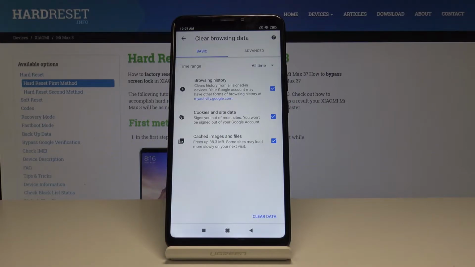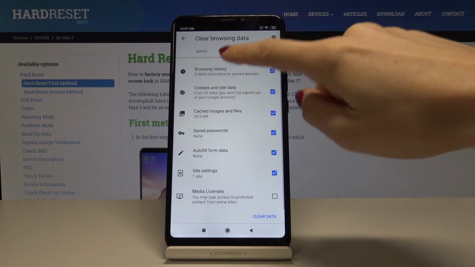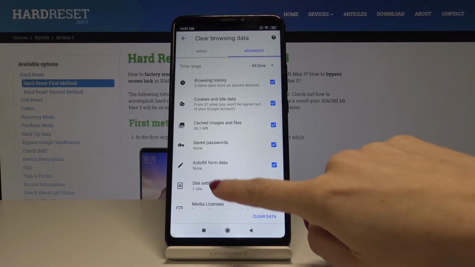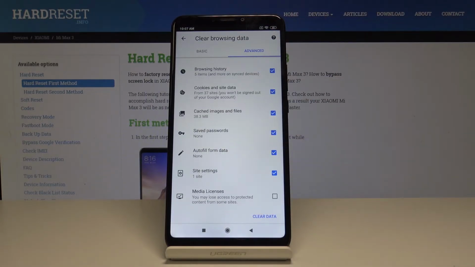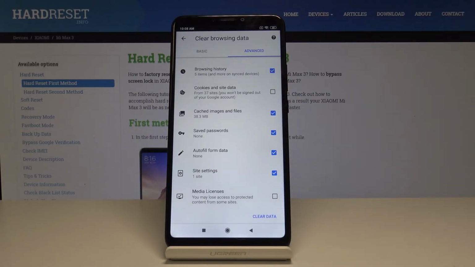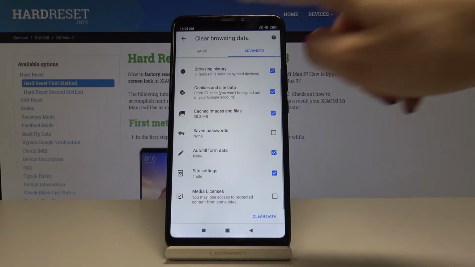So you can select basic browsing data clean, so it will delete browsing history, cookies and site data, and also cache images and files, or advanced one. So as you can see, there's way more options. So it's browsing history, cookies and site data, saved passwords, autofill form data, site settings, and also you can select media licenses if you want to. You can also personalize it. So for example, if you want like to have your passwords deleted, so you can unclick it, and once you